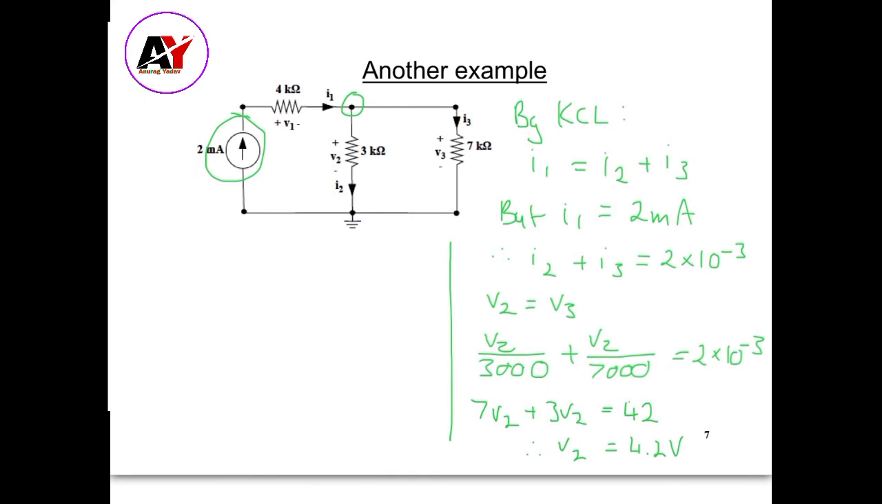Now we can use voltage law to work out the voltage across this 2 milliamp current source. So by Kirchhoff's